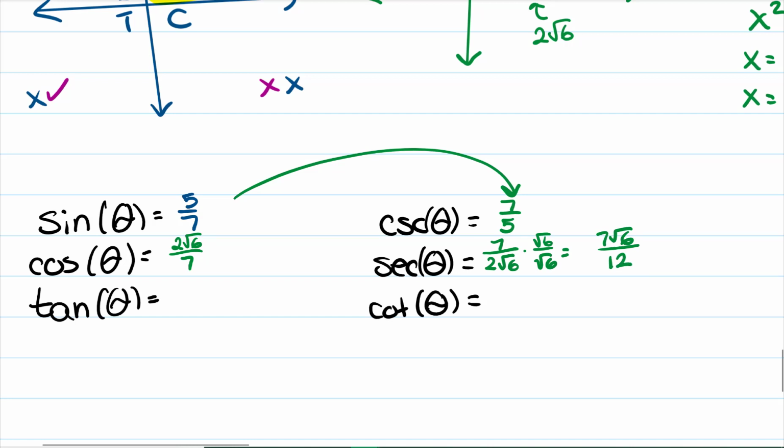And then tangent is going to be y over x. So you get 5 divided by 2 root 6. Again, you have to rationalize it. And then for cotangent, you take the reciprocal. But I recommend to take the reciprocal of this and not of that. They're both the same number, but one you're going to have to re-rationalize and one you won't. So this will be 2 radical 6 divided by